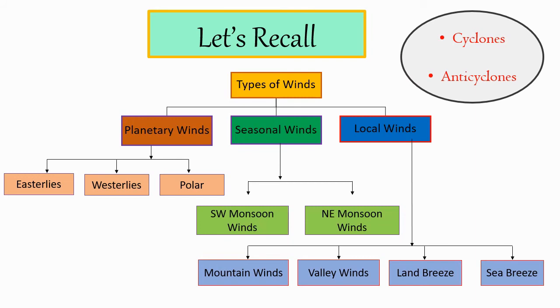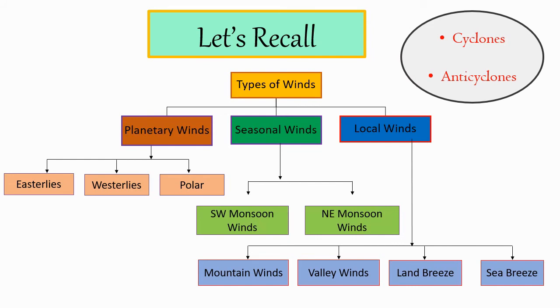Sea breeze. This process takes place during the daytime. Both the sea and the land surface are heated up by the sun. The sea heats up slower than land because it has a much higher heat capacity. Thus, the temperature over the land surface increases, in turn heating up the surrounding air.